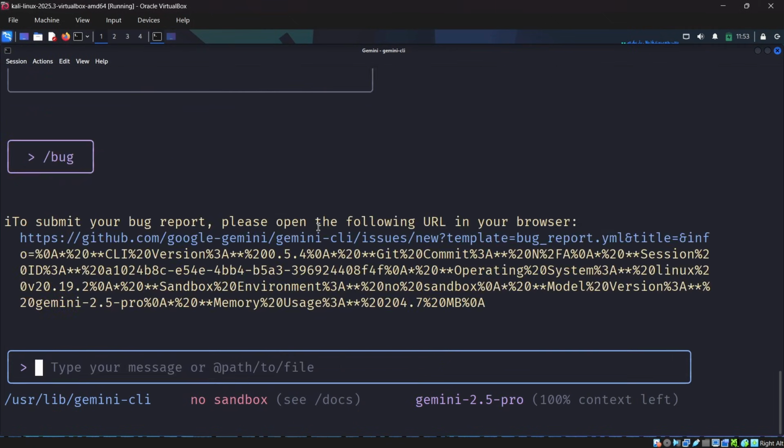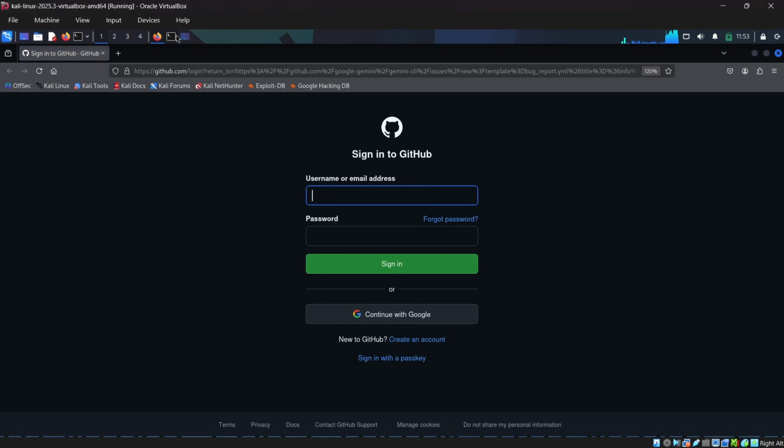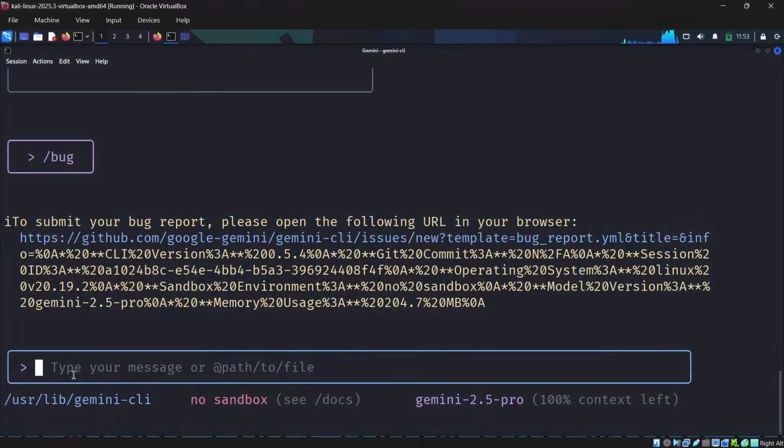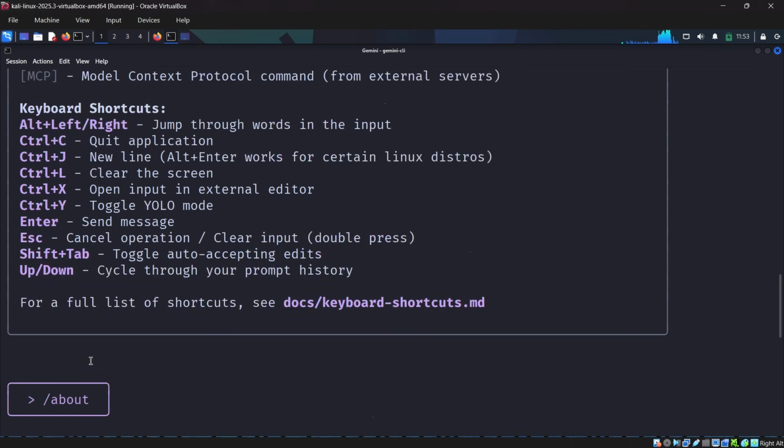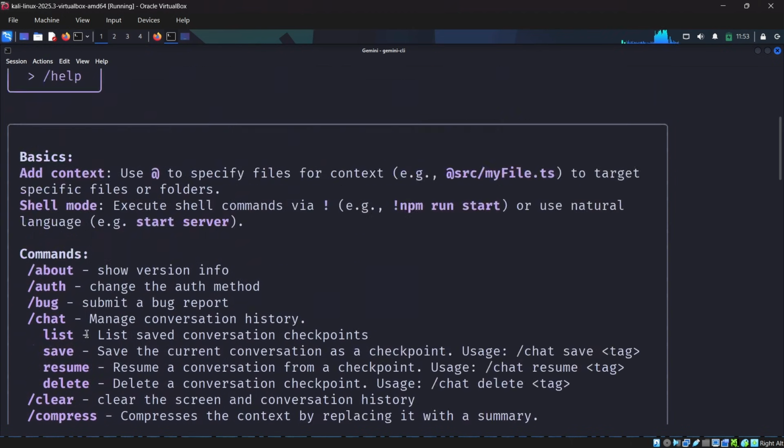You can just try to execute that, and you'll be able to see how to submit your bug report. Then you will be forwarded to a GitHub repo. You can just log in and do whatever it is. So I'm not gonna go deep into it, so let's try to use some of the other